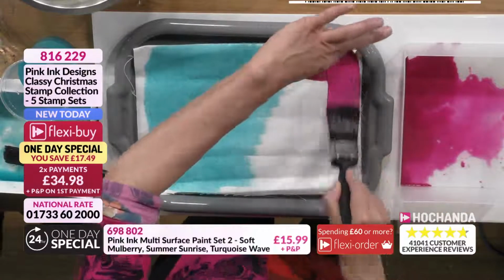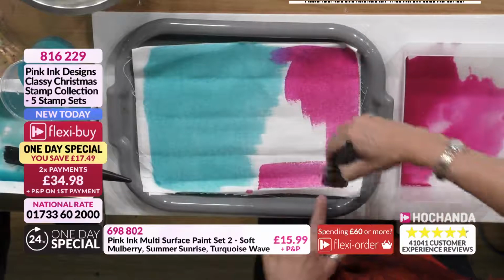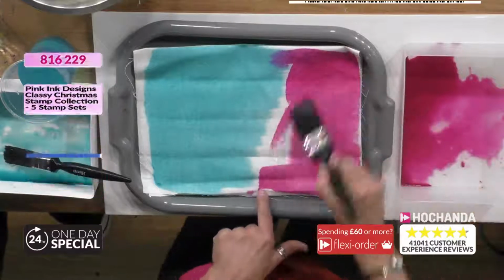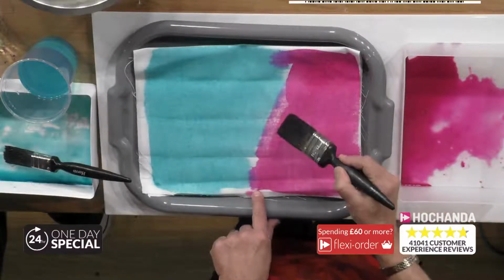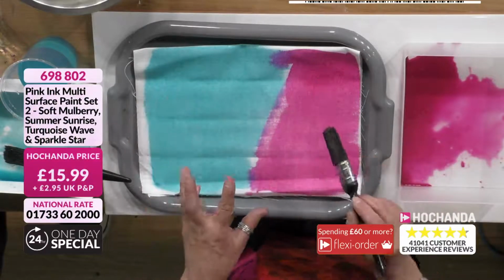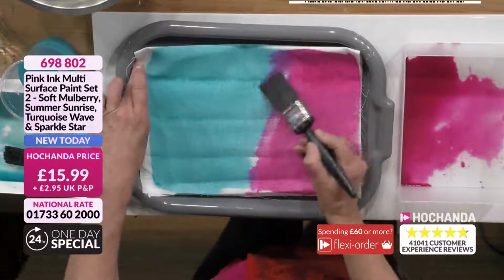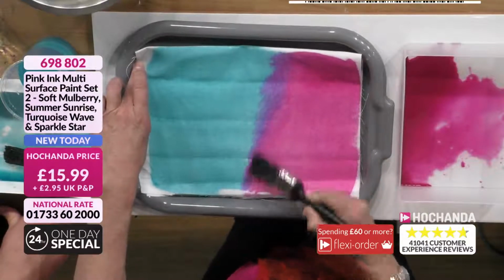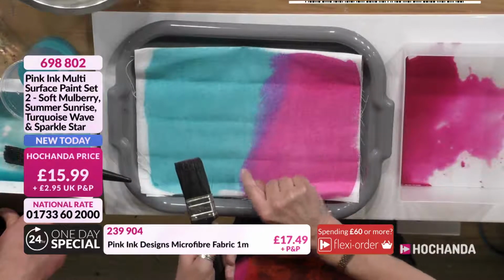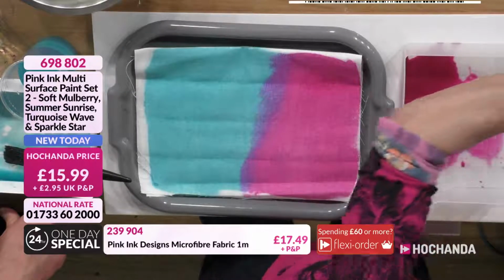So I've introduced the mulberry and the teal. Loving that teal. I love both these. In fact, I think these are my two favourite colours. Just can't go wrong with a bit of teal. Now can you see where they're joining? What you could do, especially if this was already damp, if you left it, that would just automatically blend. But if you want to, you can encourage it with your brush. Okay. You could leave it like that. You might get some sort of more defined lining. If you don't want defined lining, what you can do,